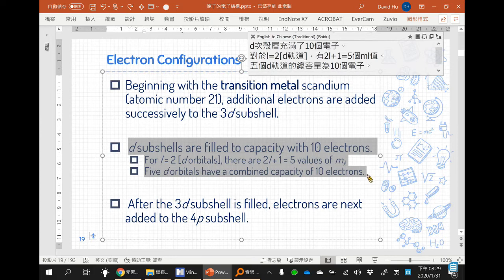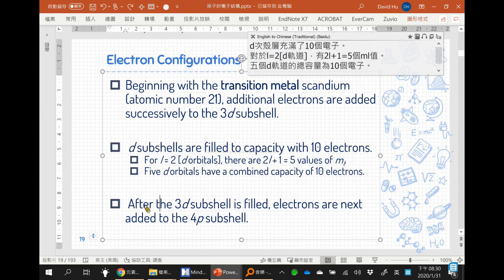For l equals 2, d orbitals, there are 2l+1 equals 5 values of ml. The 5 d orbitals have a combined capacity of 10 electrons. 好，d 次壳层可以放10个电子，因为角动量子数 l 等于2就是 d 轨域。d 轨域有 2l 加1，也就是5个 ml 值，这5个 ml 值就是5个 d orbital，每一个 orbital 可以放2个电子，所以 total 可以放10个电子。